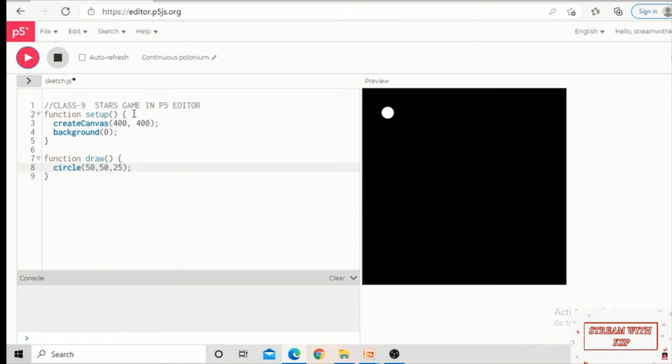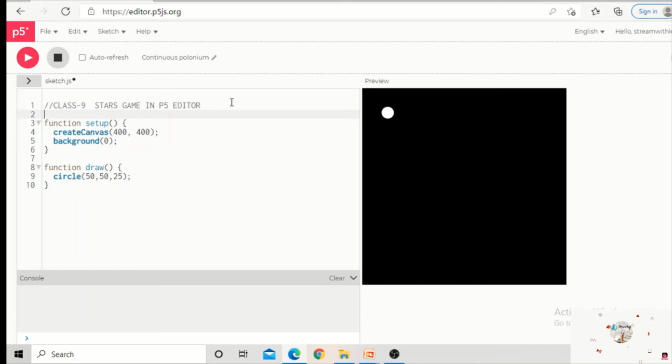And I don't want to give the x and y position like this because I want to generate it like stars, right? So it should be displayed on the screen in all the places. So let me declare these with variables. So I'm going to line number 1.